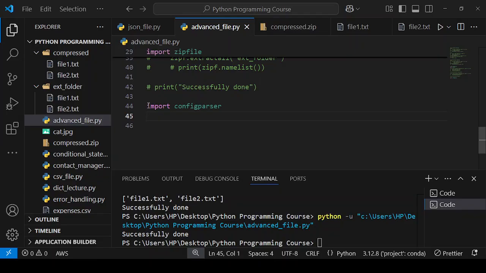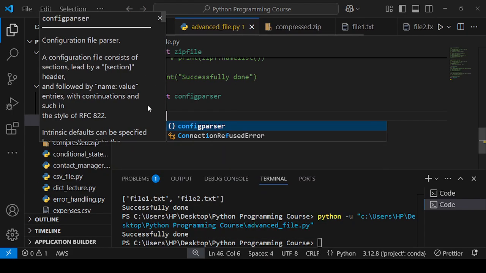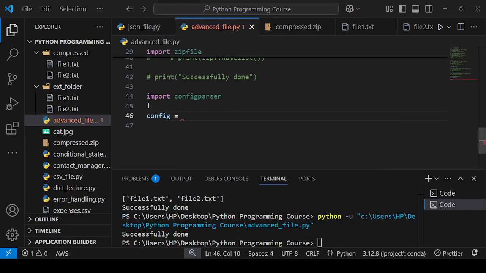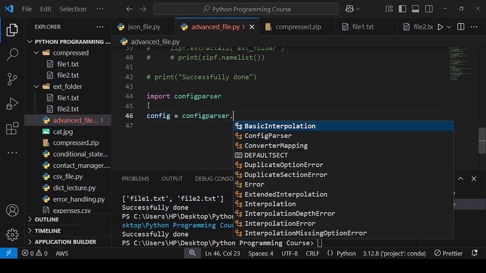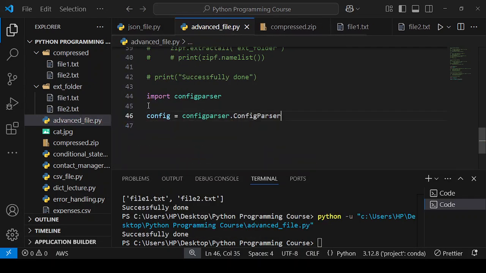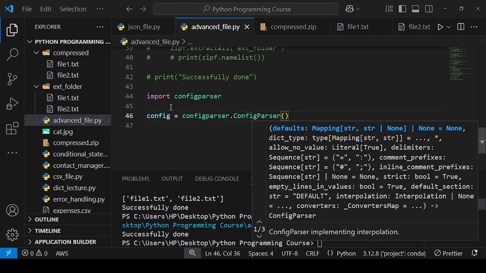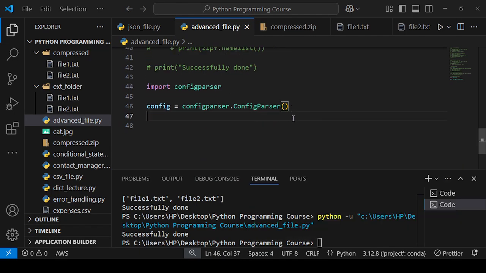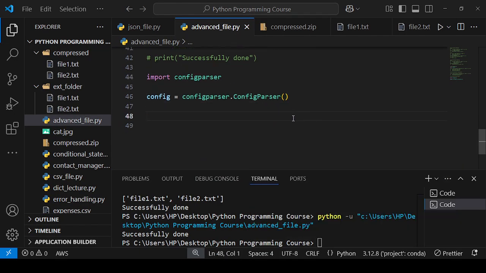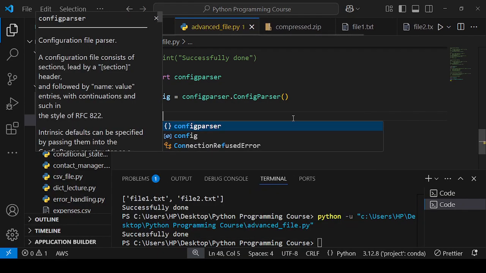Okay, so let's do it. I will show you some functionality of configparser dot ConfigParser. Then I create an instance of this class, and I will write here config,